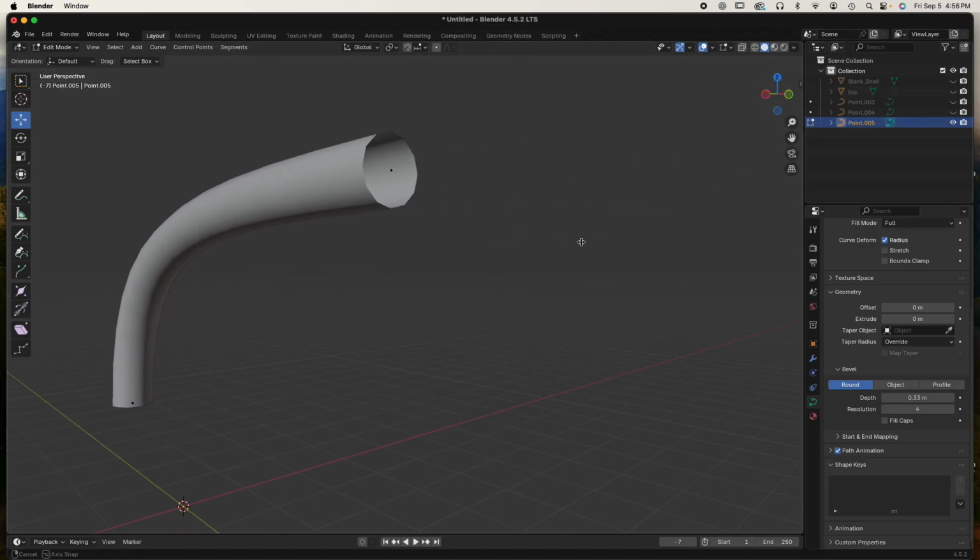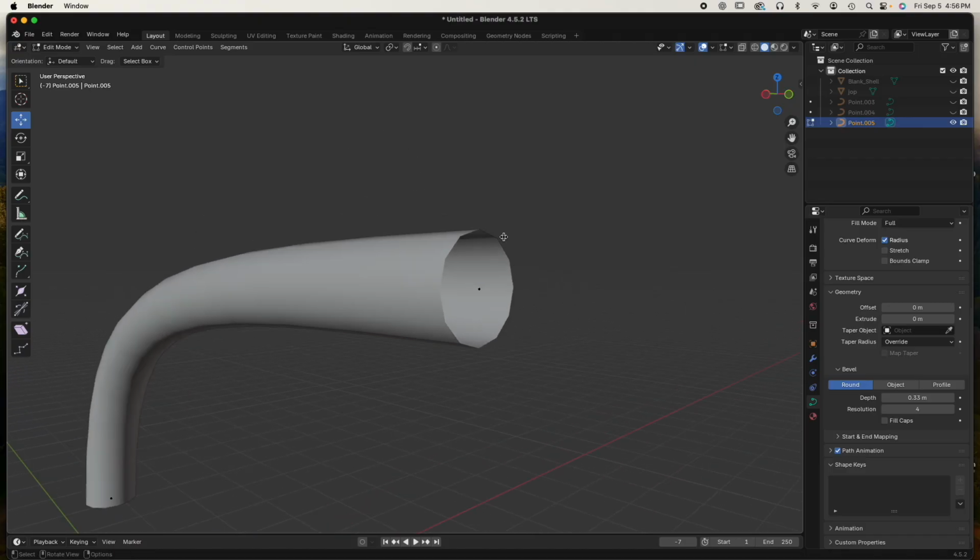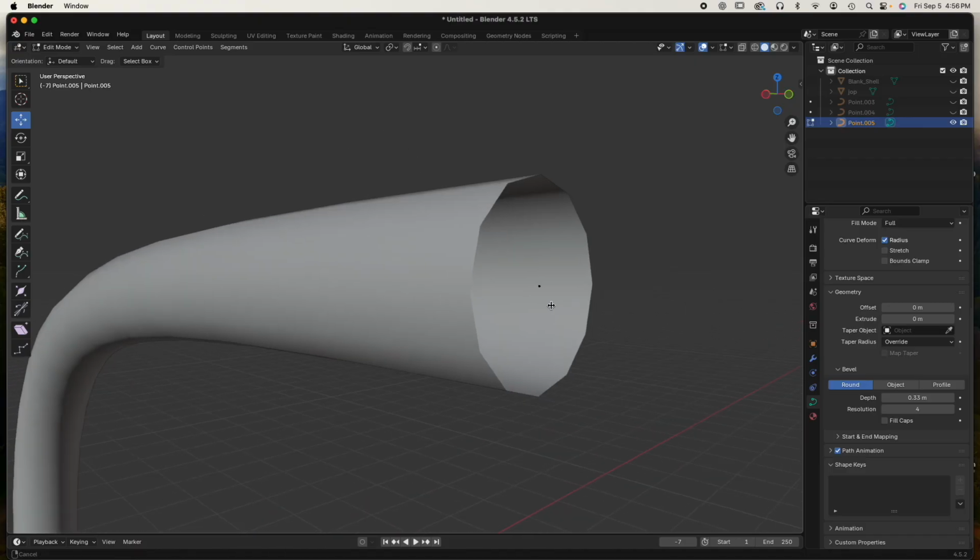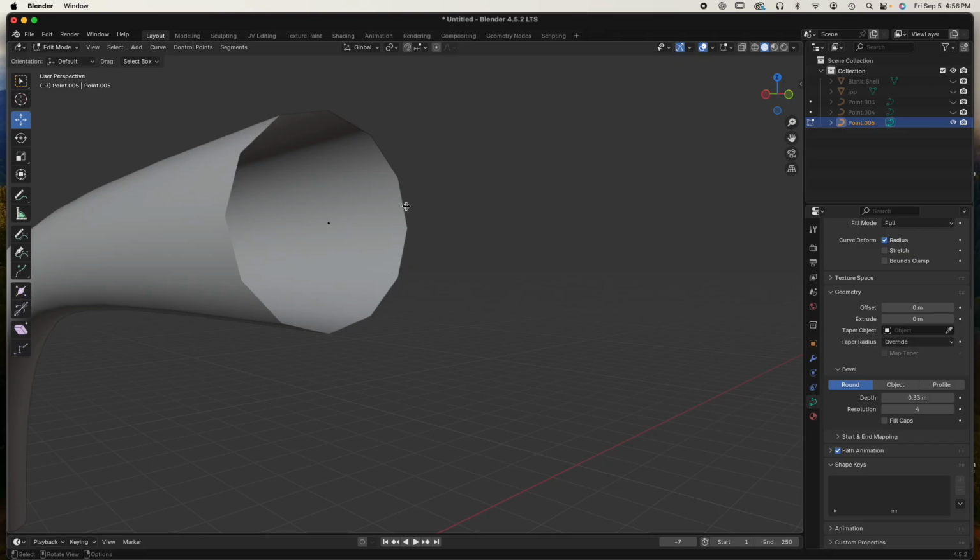Now, if I swing the camera around and we look at the end of our path here, we can see this is very low poly. Okay, you can see the flat edges going around. What I want to do is up the resolution here to 16. It's not too much, it's not too little, but now you can barely see any of those edges. It's almost perfectly smooth. The other thing I want to do is click this fill caps so that now it's